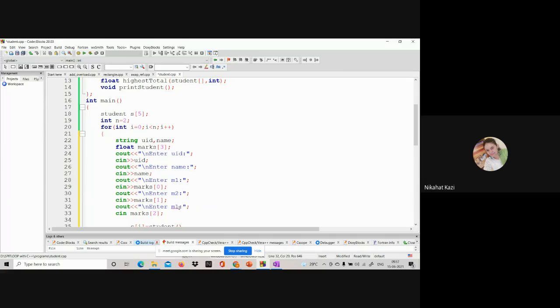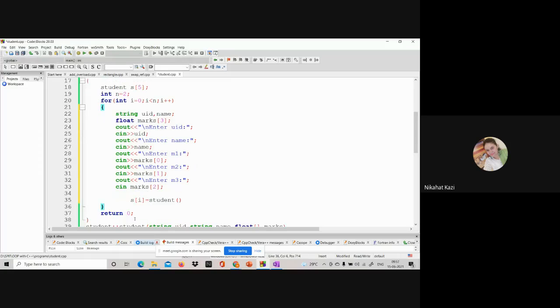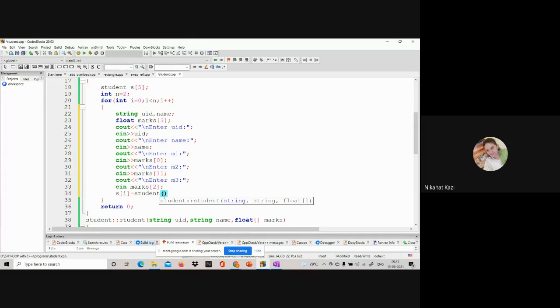Once I do this, I can initialize the student object. So I say S of I is equal to, I call the constructor here, student. What are the values I need to pass? UID, name, and marks.